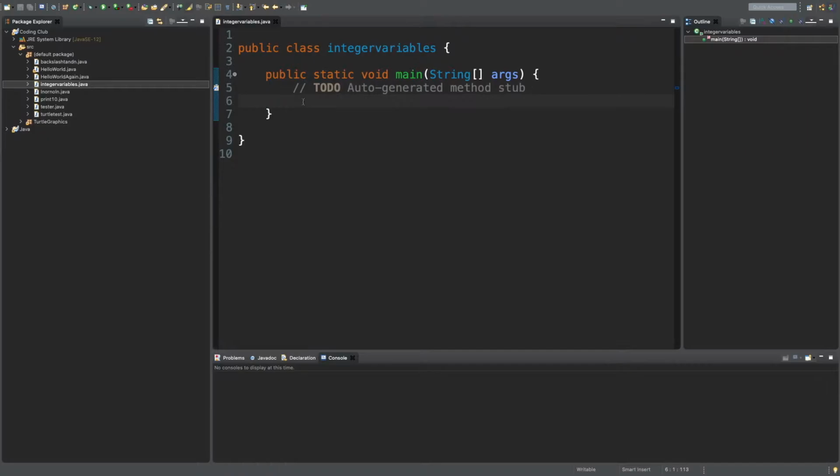So a variable, as I said in the last video, is a way to store data, and we are using integers. So the way to set an integer variable is just to type int, because int is the shorthand word for integer, and then we name the variable whatever we want. So I'll call it